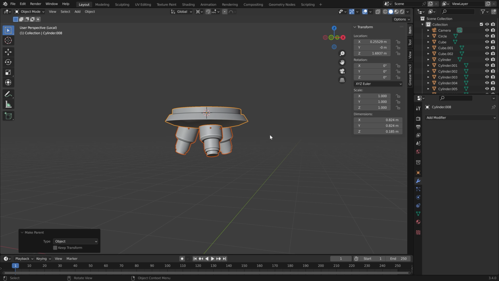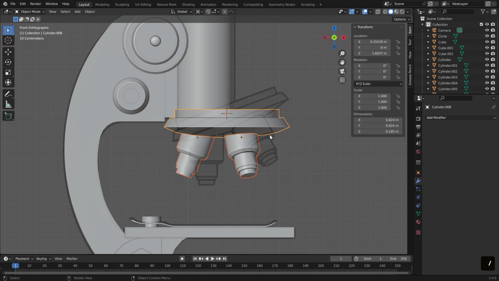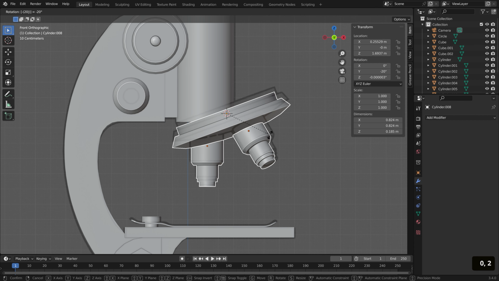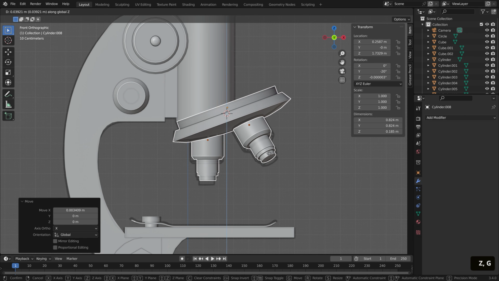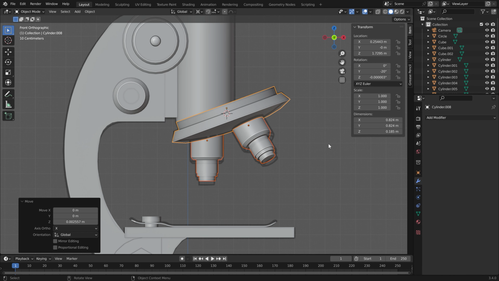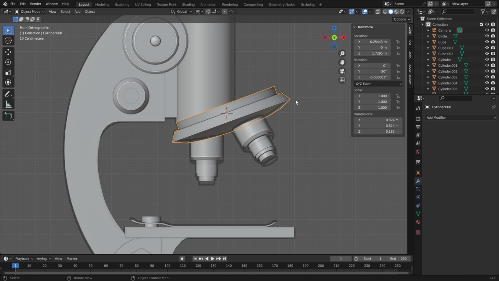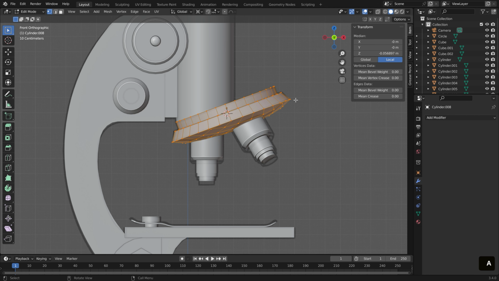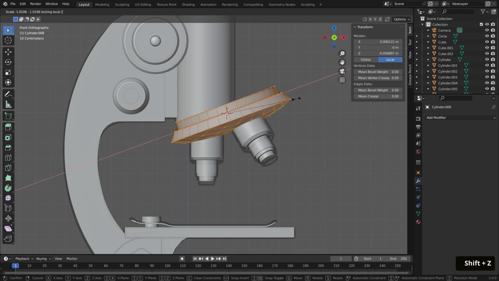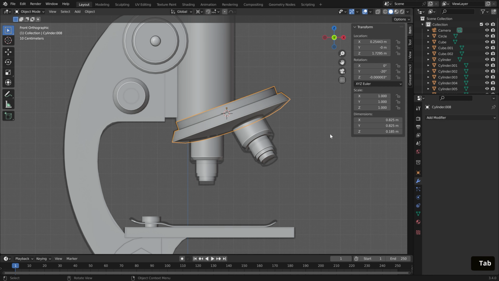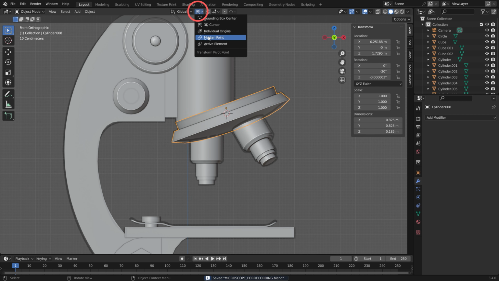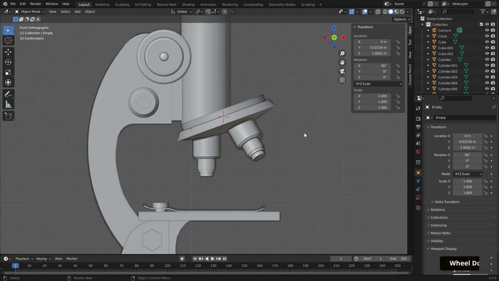Then hit slash to unhide the other elements and go into front view. With the element still selected, hit R and type -20 to rotate the turret with lenses. Shift it over to the left to make sure the left edge lines up with the tube and make any other adjustments needed. I want the turret to be wider, so I'll select it, go into edit mode, hit A to select all, and hit S-Shift-Z twice to size it according to its local axis. When you're finished, change the transform pivot point back to medium point, and now we have our microscope modeled.